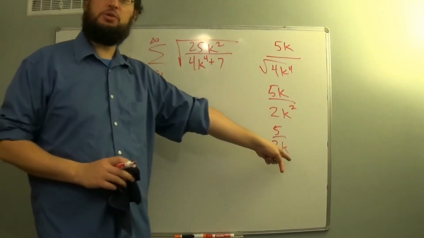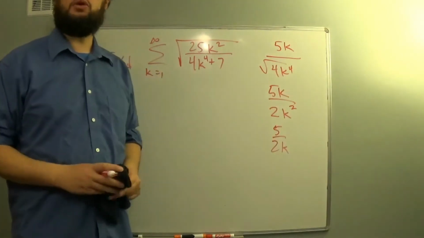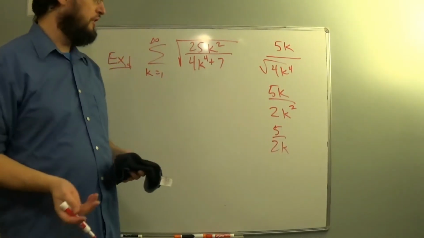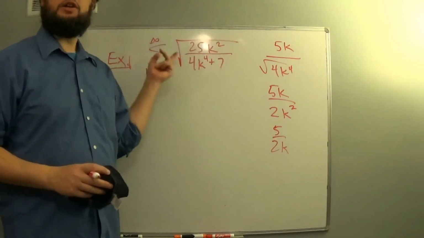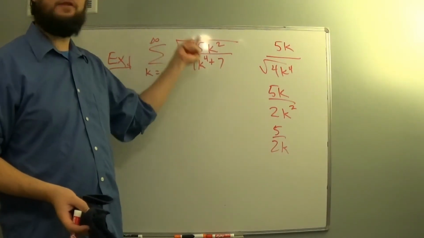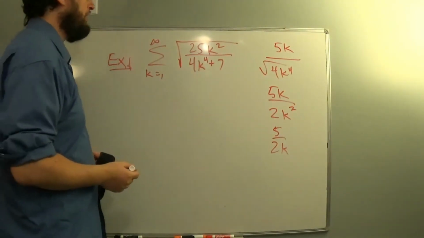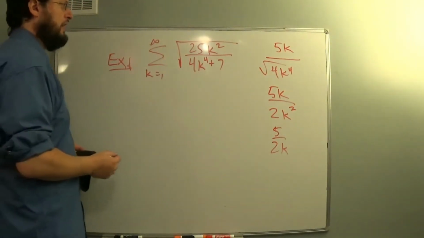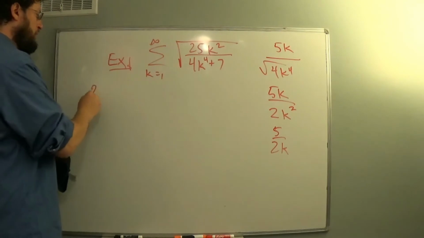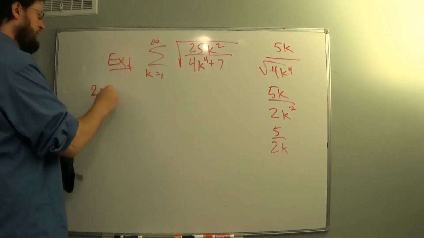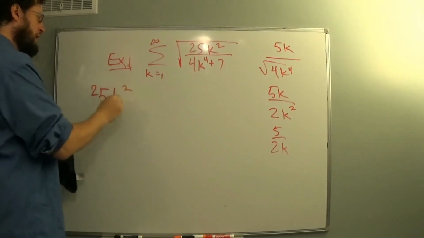That's a p-series with p equal 1. That's 1 over k. 1 over k diverges. So I'd like to be able to say my conclusion is going to be that this diverges. The question is, can I do that with a direct comparison, or do I have to use a limit comparison test instead? And this one will not work quite as nicely as just a comparison, because if I look at these terms,